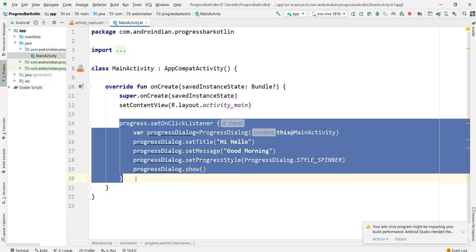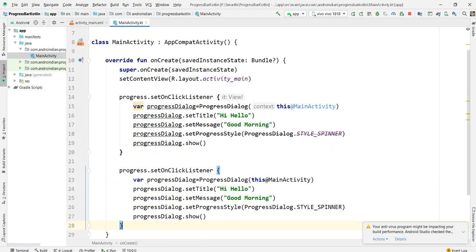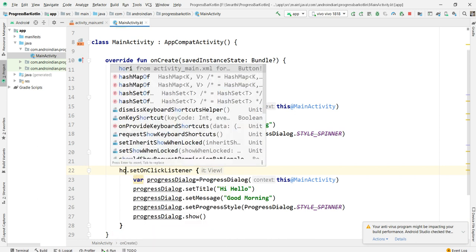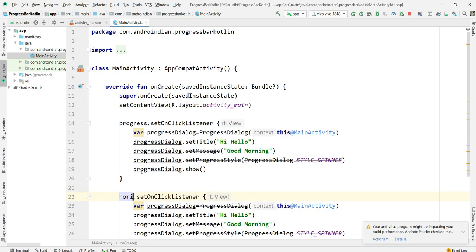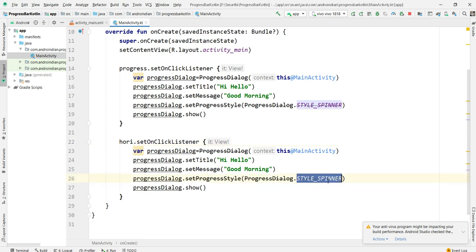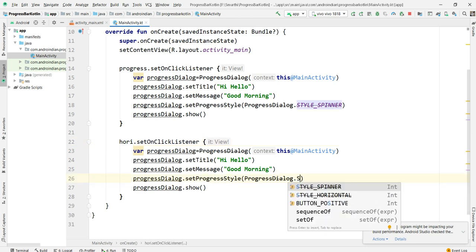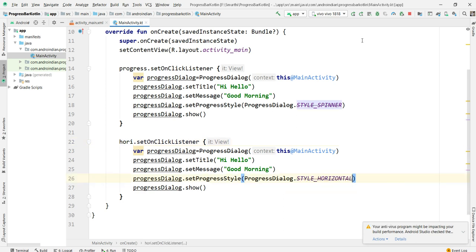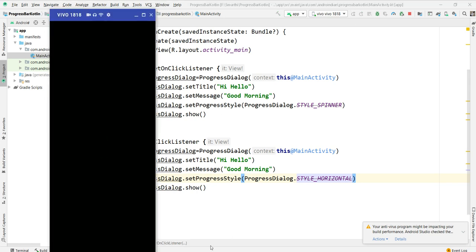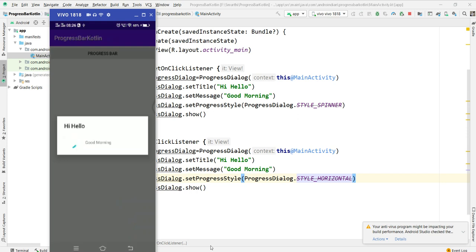I want to copy paste this here in Kotlin. Horizontal. The only change here is that instead of spinner I'm changing this to horizontal. See what happens: automatically that spinner dialog is converted into horizontal. Horizontal means it shows percentage, 10%, 20%, like that.